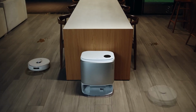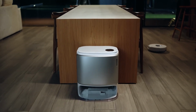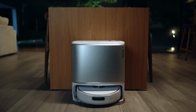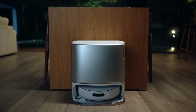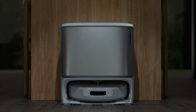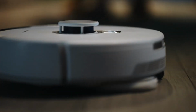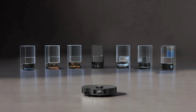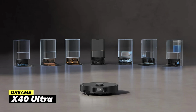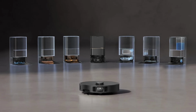Additionally, the dual mops apply pressure and scrub at high speed to remove tough stains. The mop checks if the water is still dirty, so it keeps going until the floors are spotless. While the Frio Z Ultra is expensive, its features and easy maintenance make it worth it for a hands-off, effective clean. Second on our list is the Dream X40 Ultra, a robotic vacuum perfect for anyone wanting deep hands-free cleaning